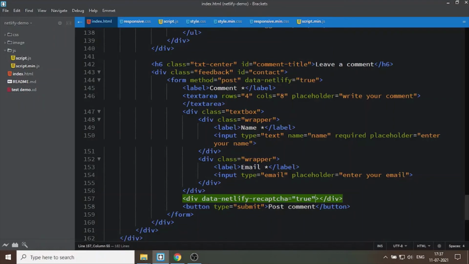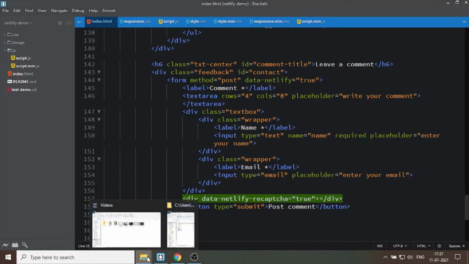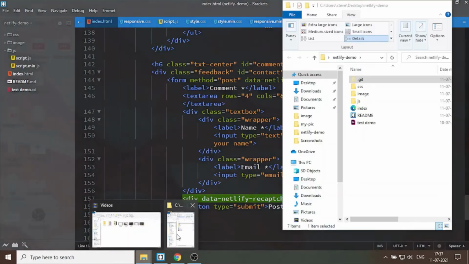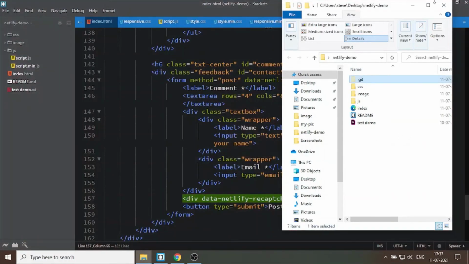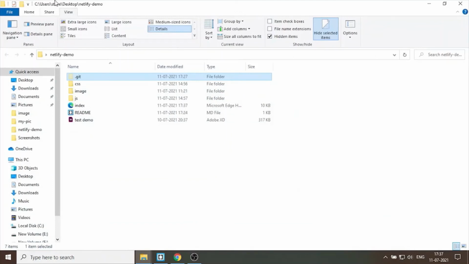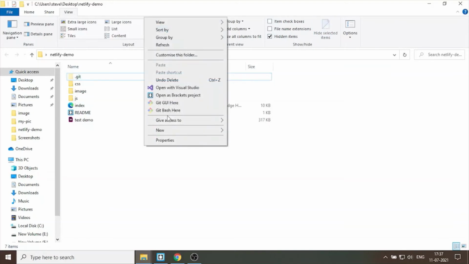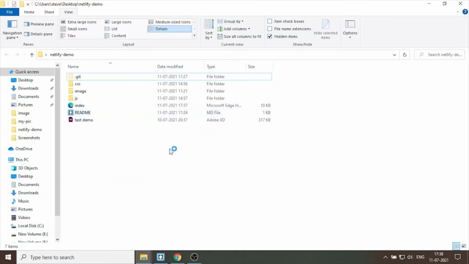We have made some changes on our local system, so we need to push them to the production environment, into GitHub. Again, go to the folder where you stored your website source code, right click on it and open Git Bash here.